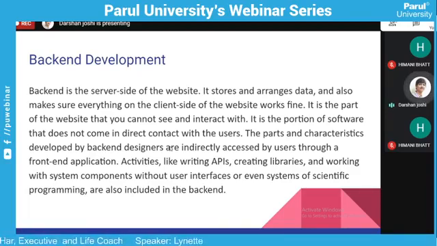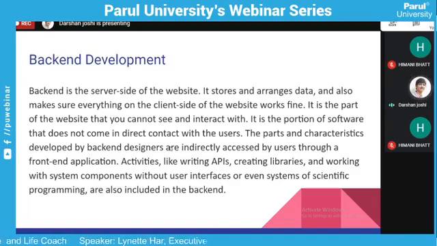It's a portion of the software that does not come in direct contact with the users. As I've explained, the front end goes to the back end, which is not visible to any user. The parts and characteristics developed by back-end designers are indirectly accessed by users through a front-end application.